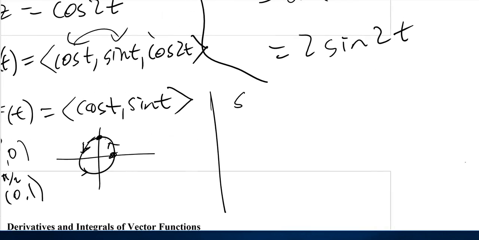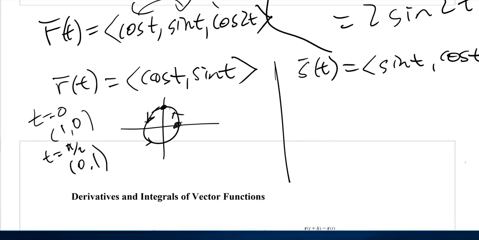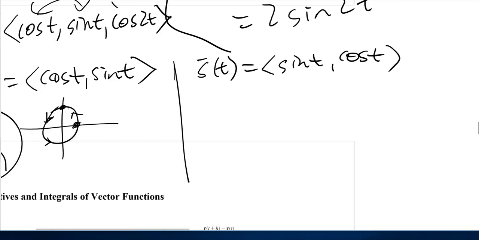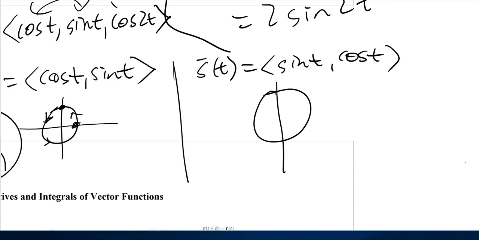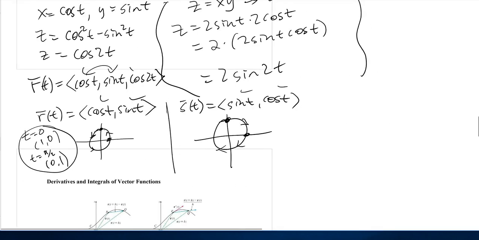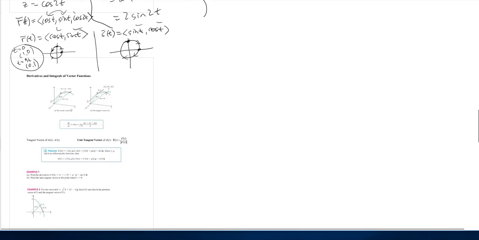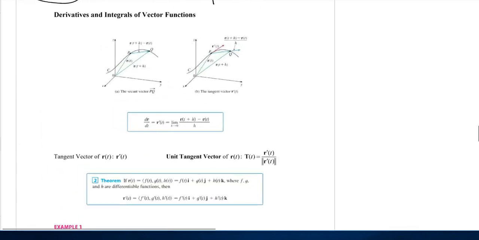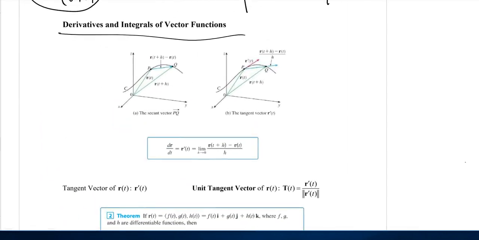Okay. Now if you switch those around, so suppose you had s of t is sine t, cosine t, then these points flip. So first comes 0, 1, and then comes 1, 0, and so it's going around. So sine cosine is clockwise, cosine sine is counterclockwise. It's important that you know that. All right, any more? This is derivatives and integrals of vector functions, and we'll get to that